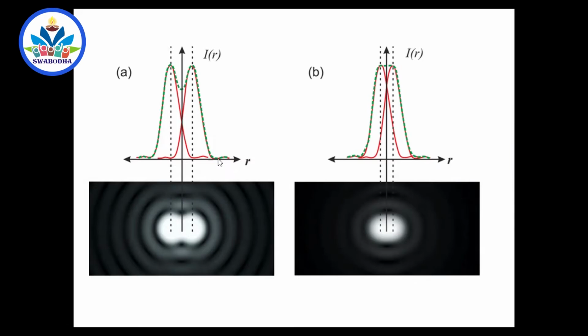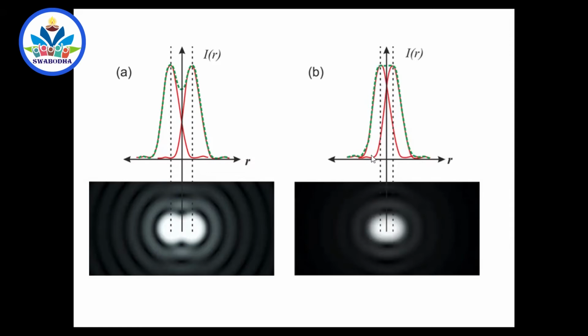Now, see, when the headlight of a vehicle is very far away, it appears to be a single headlight, because the diffraction pattern, that means the light coming from that single headlight, forms its own bright and dark images. The diffraction pattern of another headlight overlaps with it, and you can't see them well separated. The central maxima of the two diffraction patterns are not far away, they are close to each other. So they are within the first minimum of the other.